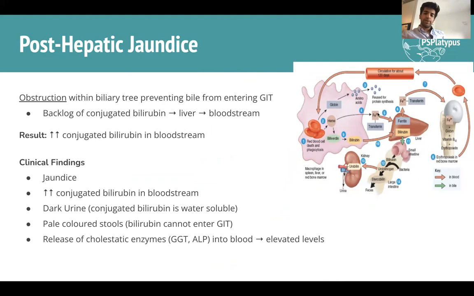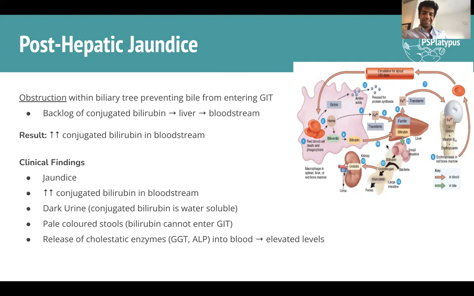bloodstream. Now, this is where it gets interesting because there's nothing being released into the small intestine. So all of these different processes aren't happening. So first of all, you have jaundice, of course, with increased conjugated bilirubin only. And then we'll walk through it. So in the small intestine, normally what would happen? Bilirubin to urobilinogen and then into urobilin. If this is cut off,